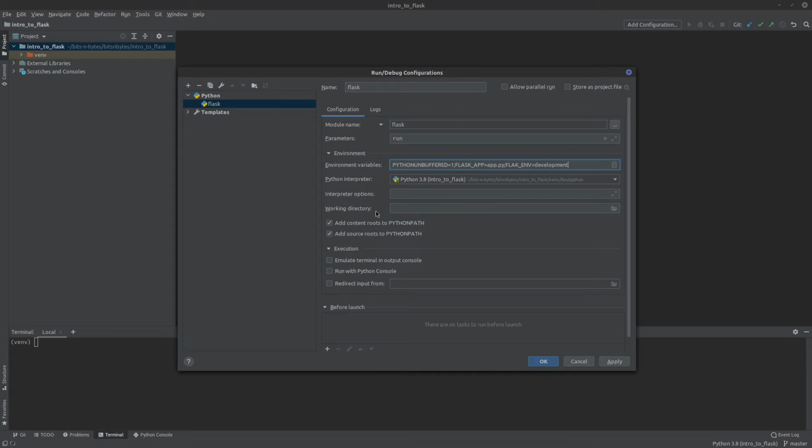There's all sorts of different options that you can configure, like the host. By default, when you execute Flask, it's only accessible via localhost on your local machine. In order to make it accessible outside of your local machine, you have to set the host to 0.0.0.0.